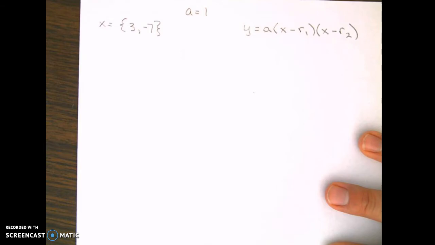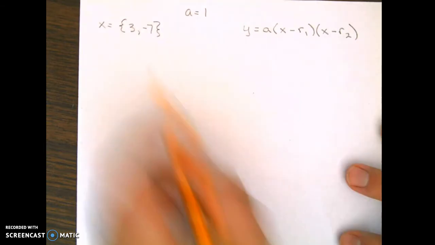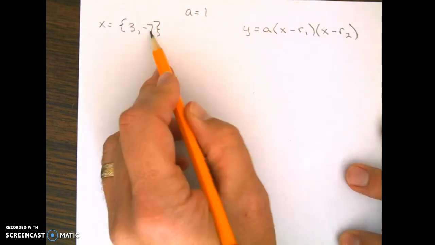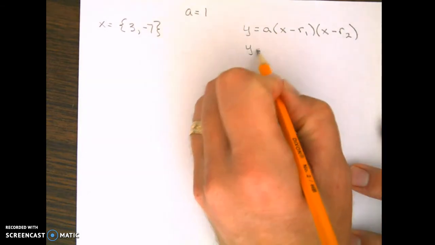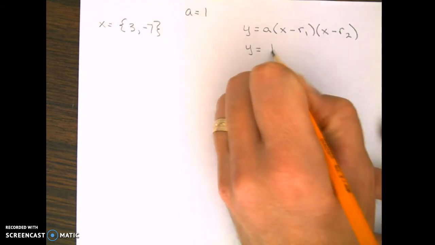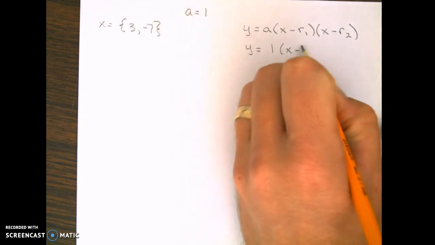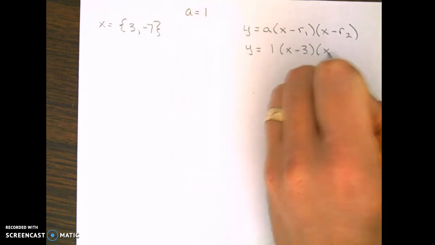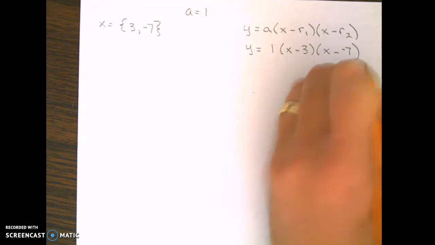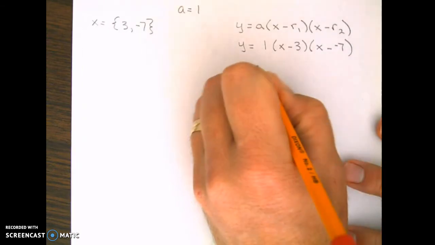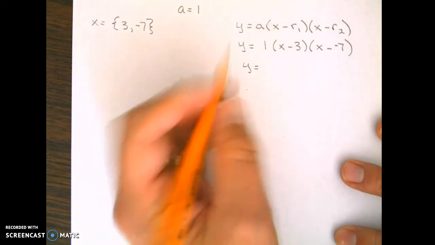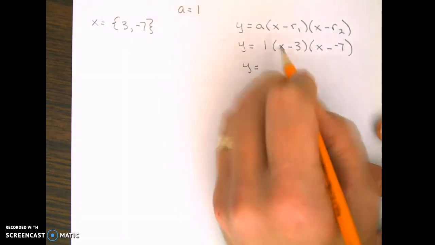Okay, so the first thing we could do here is plug the 3 in for r sub 1 and the negative 7 in for r sub 2. And we're assuming the a value is 1. And then very simply, we would multiply this out. So, foiling,